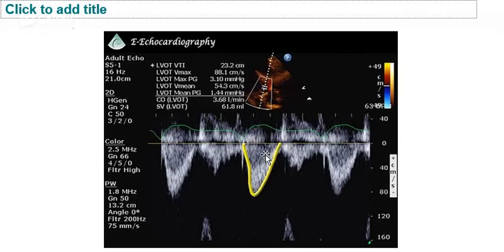triangle, we can come to know how much blood is flowing through that particular mitral valve at a particular second. So the area denotes the velocity of the blood flow per second through that particular valve. Okay, so it is very important to know the area. If the mitral valve area is reduced, obviously the velocity is going to increase through the mitral valve, and in that case we can see the height of this wave in the downward direction is more. Okay, so that means the blood is flowing at very high velocities in a stenosed mitral valve. Okay, so these are the two important pieces of information we can get from that.